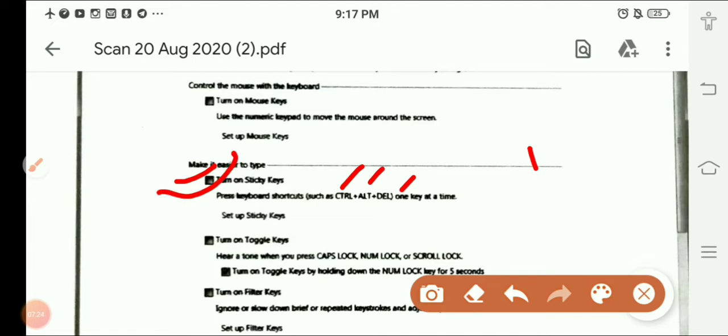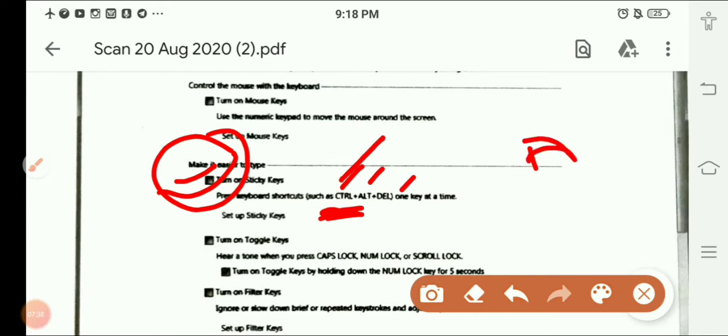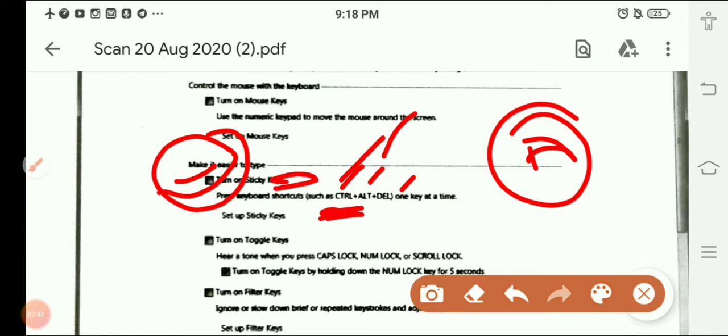We will enable this. And now if I am pressing the Control key, sticky key is on, I am pressing the Control key. Now the computer will wait for the next keystroke. I am pressing A. Then the computer will understand that Control plus A means select all the text written in the document. This is the function of sticky keys. Okay, sticky keys means, as its name suggests, it sticks until we press the second key. And with the combination of those two keys, it will perform that function.